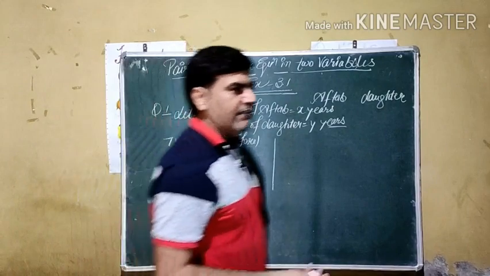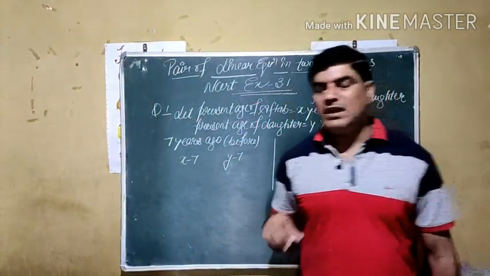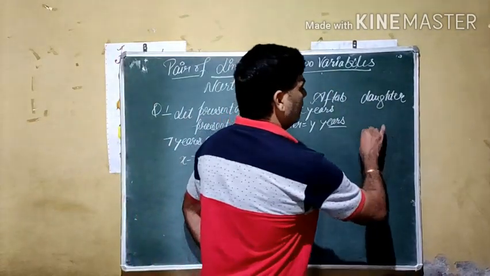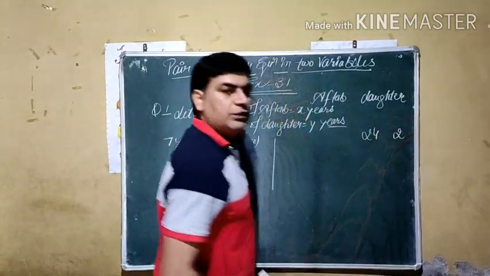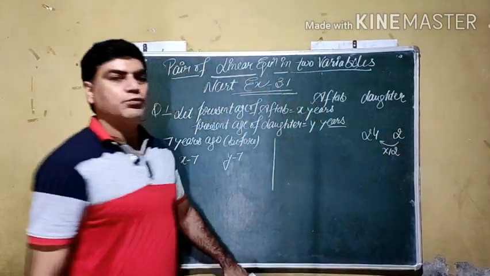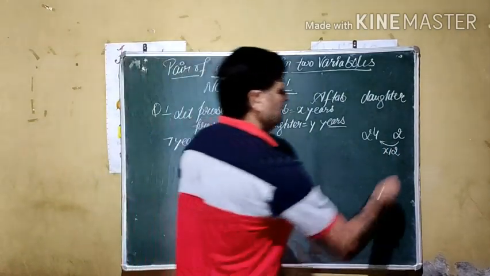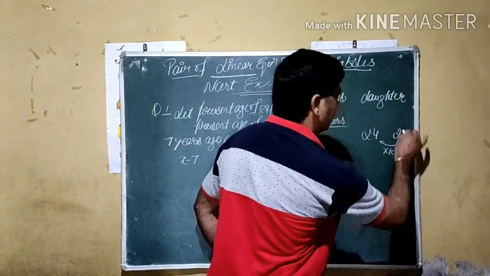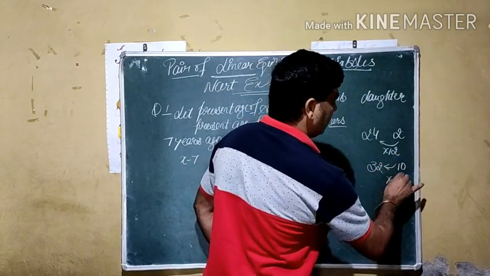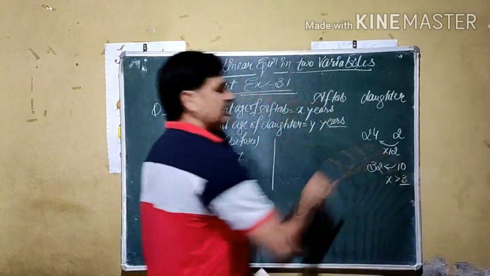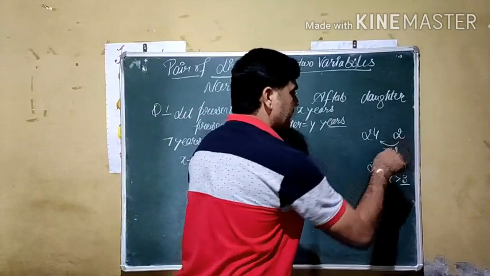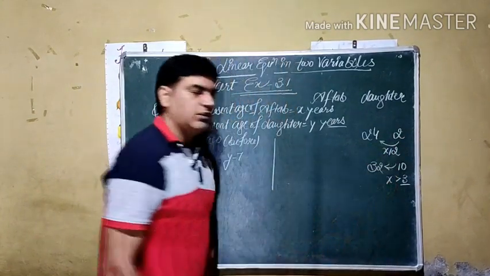As in practical life, the father always remains bigger in age. For example, if your father's age is 24 and you are just 2, your father is 12 times bigger than you. After 8 years, you become 10 and your father becomes 32. Now the multiple is more than 3. This means as age increases, the multiple between the father's age and the daughter's or son's age goes on decreasing.